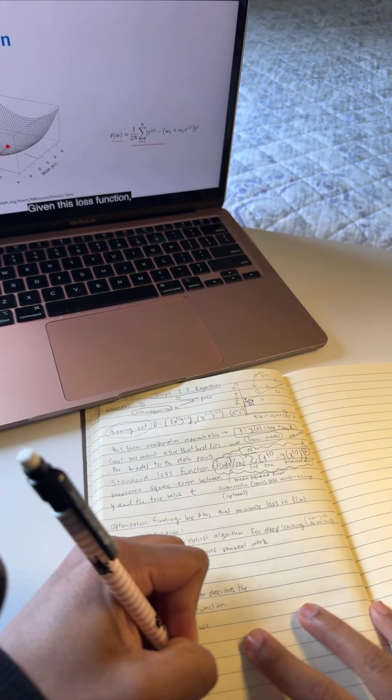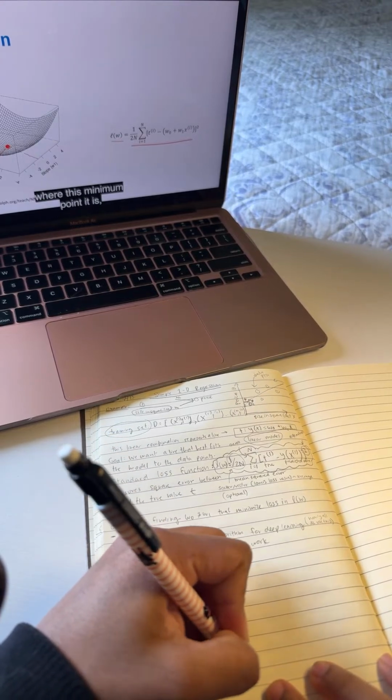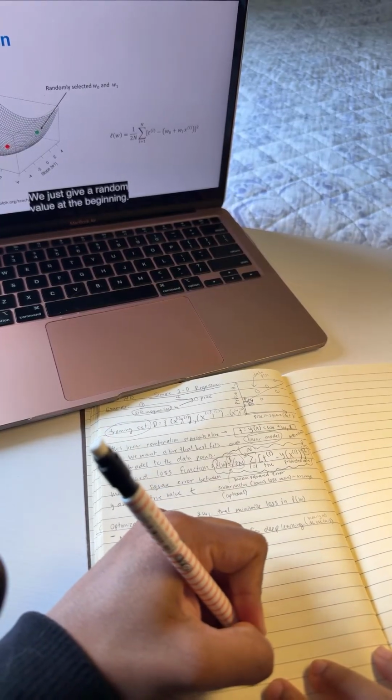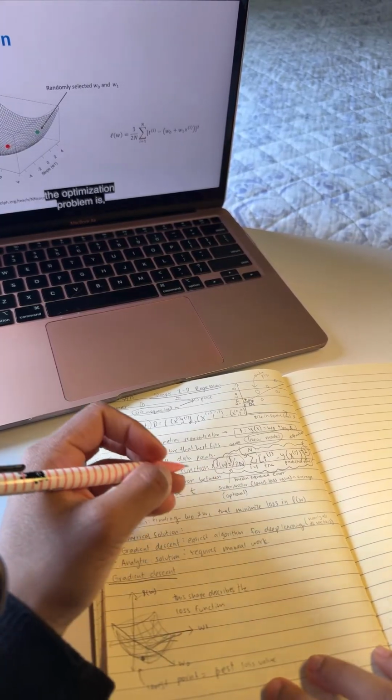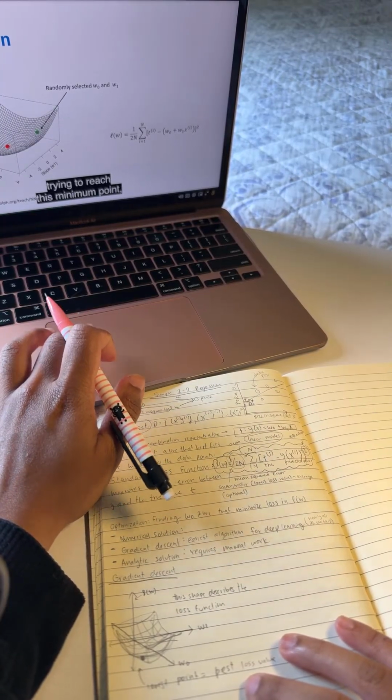Given this loss function, usually we have no idea where this minimum point is. So usually we just give a random value at the beginning. Suppose we pick up here. So the optimization problem is trying to reach